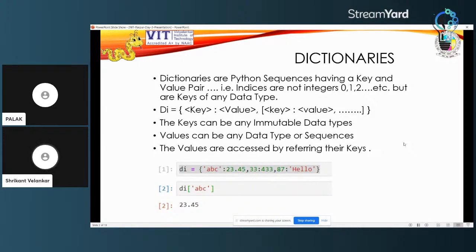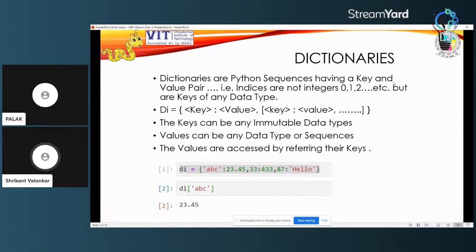If you see lower on the side, you will see that we have created one dictionary where we have ABC as a key, and at that key the value stored is 23.45. 33 is the key, and 433 is the value stored in there. 87 is the key, and hello is the value stored in there.